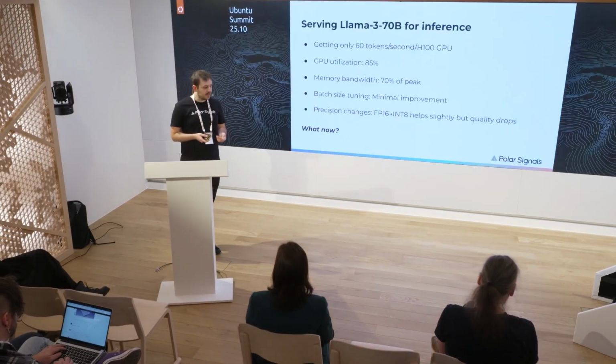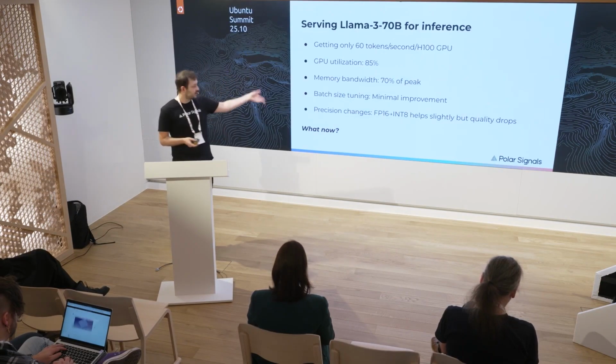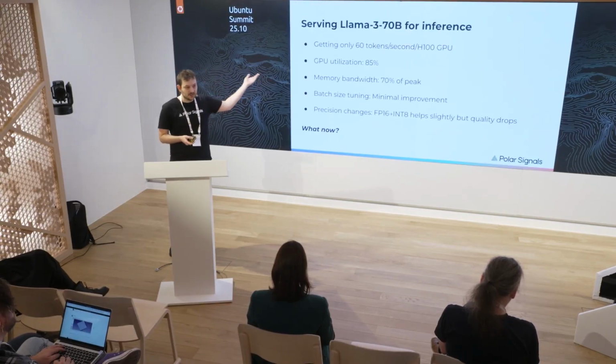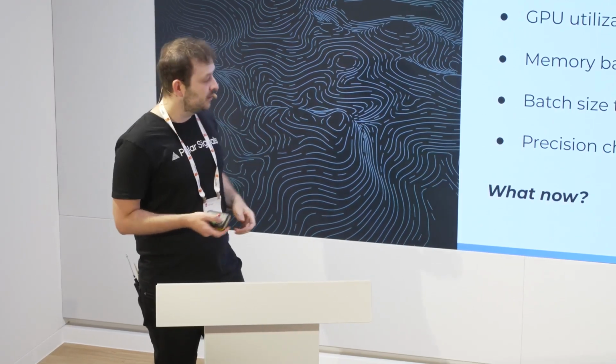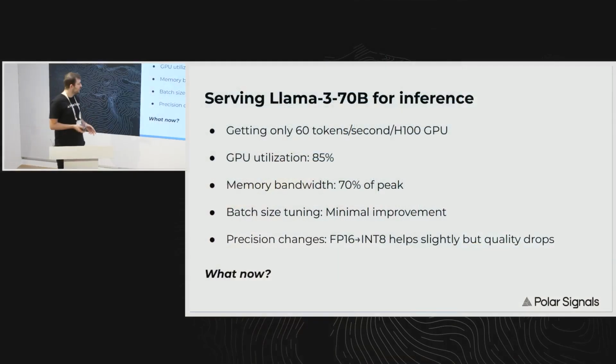We've done all of those things. So if we're at that point, maybe we're able to serve our model at, I'm making up some numbers, of course, maybe 60 tokens per GPU per second. We're at 85% utilization of our GPU, so it's not terrible, right? Obviously, we would like to get that as close to 100% as possible, because GPUs are freaking expensive. Memory bandwidth 70%. It's okay, I guess, but there's definitely room for improvement, and we've tried a couple of things,